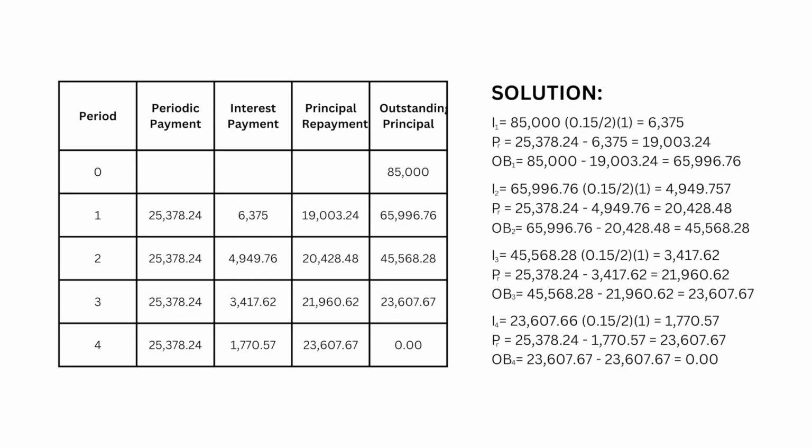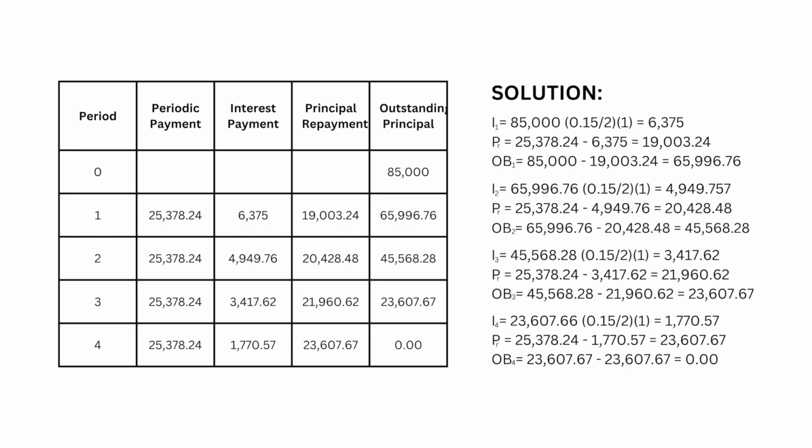to get the third interest payment of 3,417.62. Now we will subtract this from 25,378.24 to get the third principal payment amounting to 21,960.62. Then we will deduct it from the previous outstanding principal, which is 45,568.28. So it would be